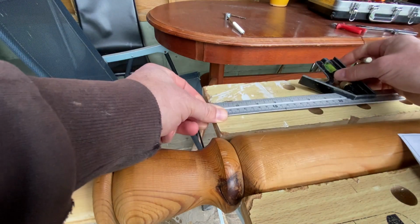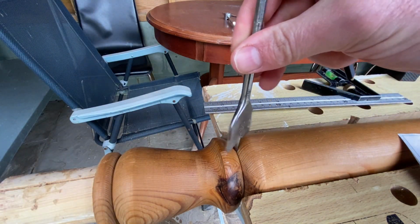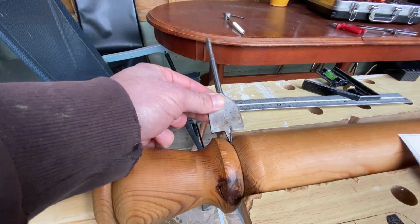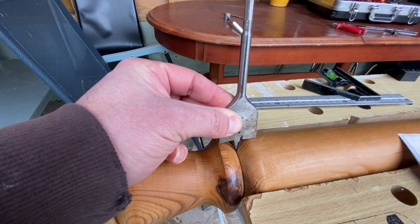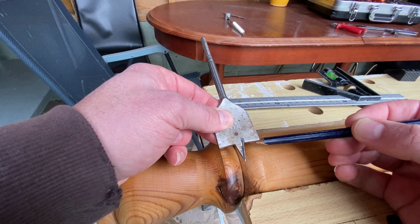So not ideal. When we get the drill bit, if we start drilling, in actual fact it's going to work. I was worried that it was going to be a little bit too shallow and the blades were going to foul on these bits, because it's quite deep in there, but we should be okay. So I'll get that marked up. Depth wise, it says the face of these bits of the drill needs to go in at least